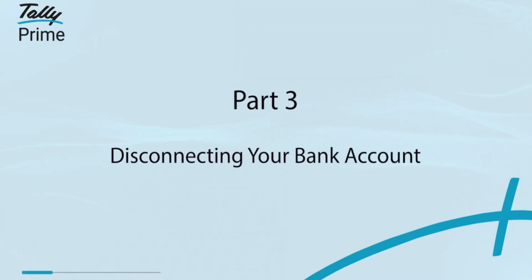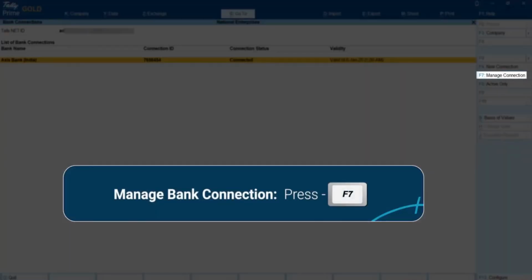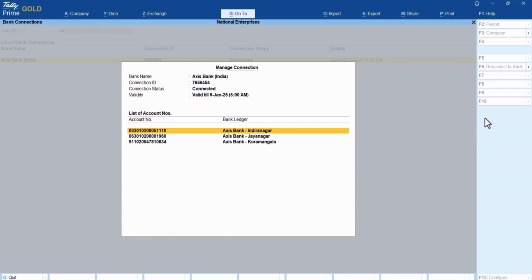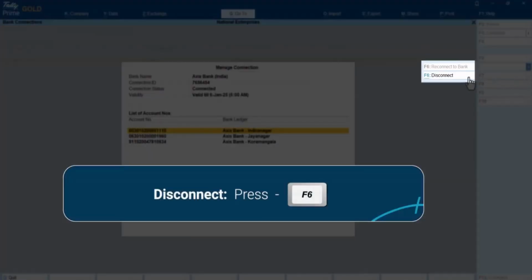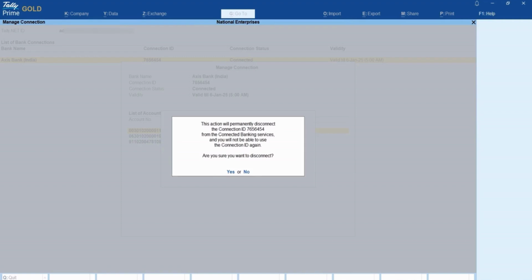When you do not want to use your bank accounts through connected banking, you can disconnect. In the Bank Connections report, press F7 to manage the bank connection. Press Alt F6. Now, press D to disconnect the bank account.